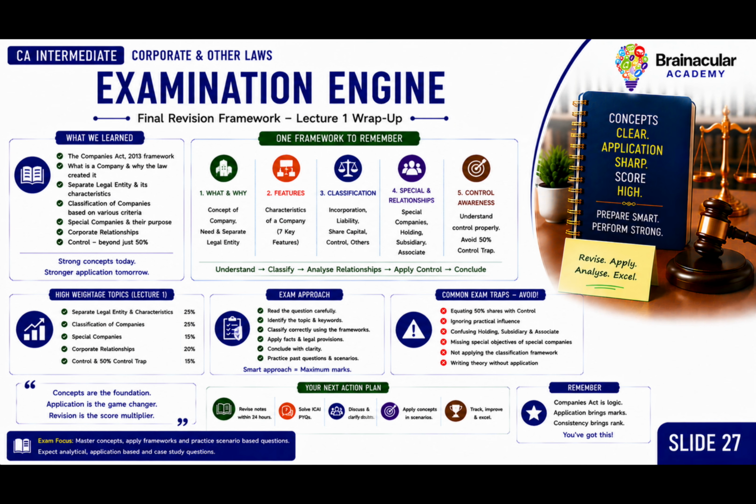We'll take into consideration the first descriptive question, question number 1, and this is for 5 marks. So the question is, explain the concept of separate legal entity as established in the case of Salomon versus Salomon and Company Limited of 1897. State any 3 characteristics of a company that flow